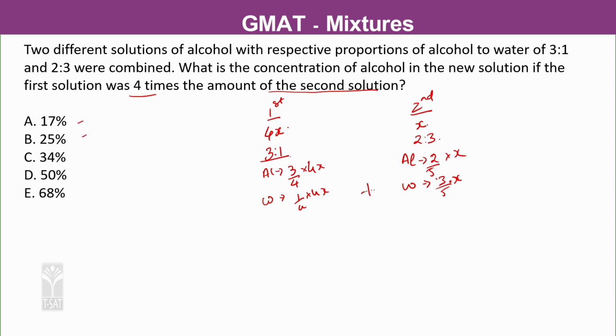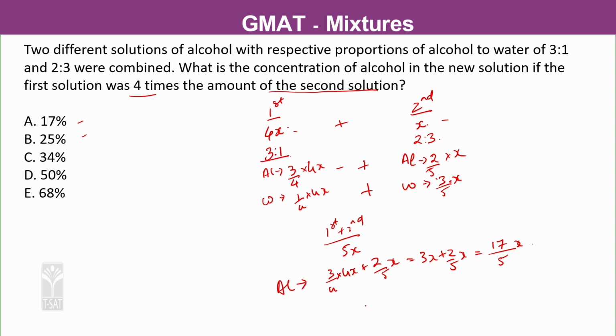So, if you add both of these, first solution plus second solution, the total volume will become first plus second. The total volume will come out to be 4x plus x, which is 5x, and the total alcohol will be 3/4 of 4x plus 2/5 of x, which equals 3x plus 2/5 x, which equals 5 3s are 15 plus 2, that is 17x by 5. This is the alcohol content. Now, you want percentage alcohol, which will be 17 by 5x divided by the entire volume,